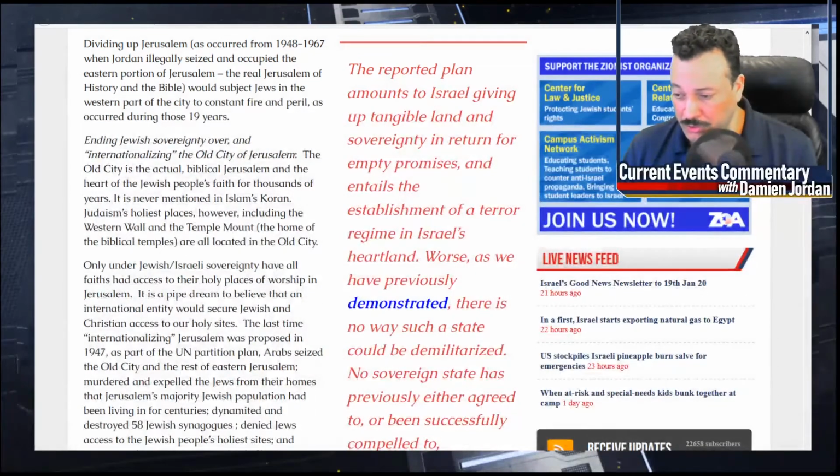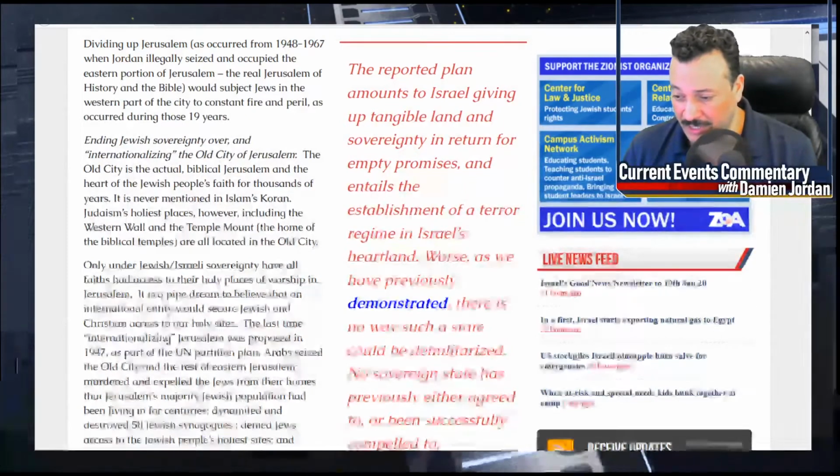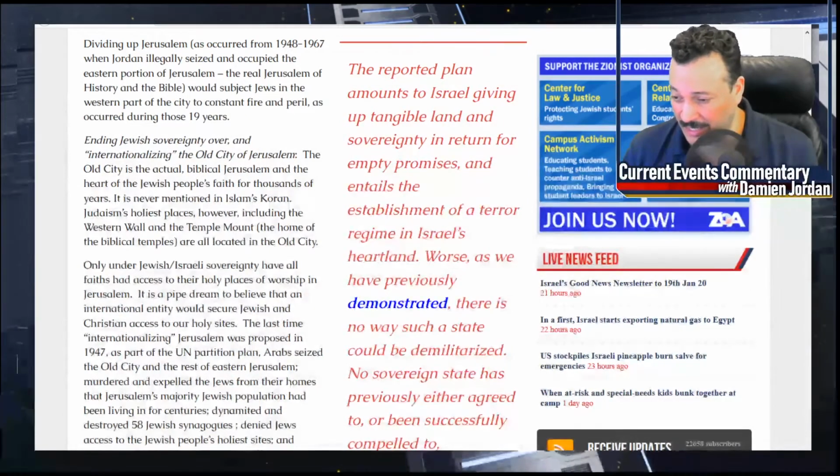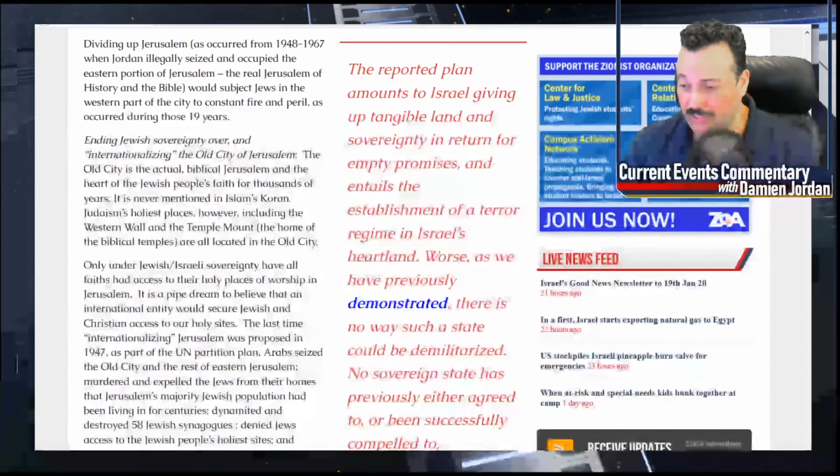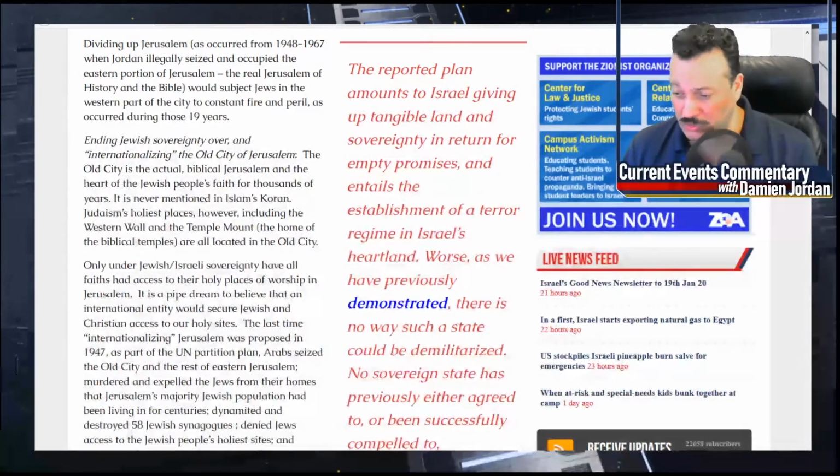Only under Jewish Israeli sovereignty have all faiths had access to their holy places of worship in Jerusalem. It is a pipe dream to believe that an international entity would secure Jewish and Christian access to our holy